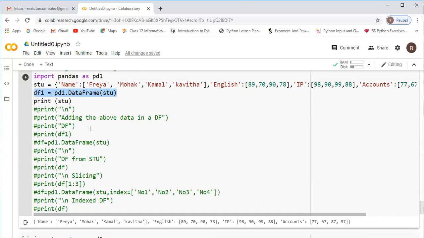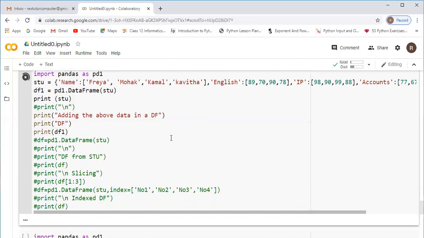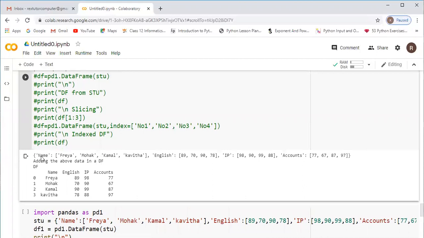Now see this slash n, without removing the slash n I will show, then I will show this one. Now see, this comment line I removed. Now I am executing. You can see, this is the record we have stored.